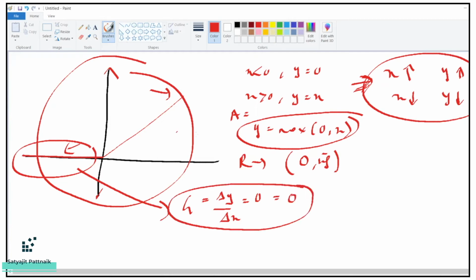And on the right side, the gradient is almost equivalent to 1, or else you can say it's not 0, right? In this particular graph, delta y and delta x are very similar in nature. So the gradient is 1. But on the left side, the gradient is 0. So for activation in that region of ReLU, the gradient will be zero, because of which weights will not get adjusted